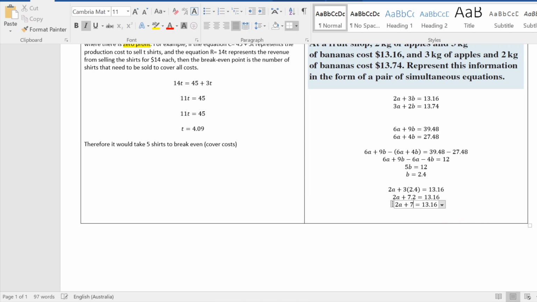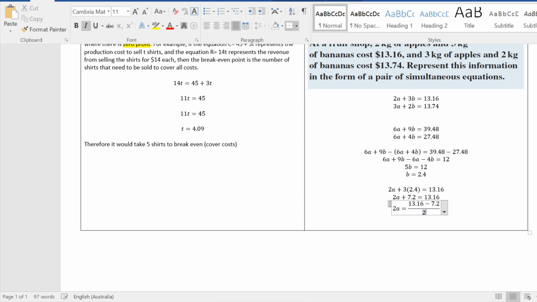Now, I'm just going to combine a couple of steps here. What we would do first is we would minus the 7.2. Oh, that's not in the equation. That's why it's doing it a bit funny. But before we do that, I'm going to put it in brackets, and you're going to see why, because we're going to divide it. Okay, I'm just combining a couple of steps. Now when I divide, I'm going to put it all over 2, and that's going to get rid of the 2 here. Remember, the opposite of timesing by 2 is dividing by 2. Now I'm just going to put that into my calculator. Let's see what we end up with. So 13.16 minus 7.2, divide that by 2,